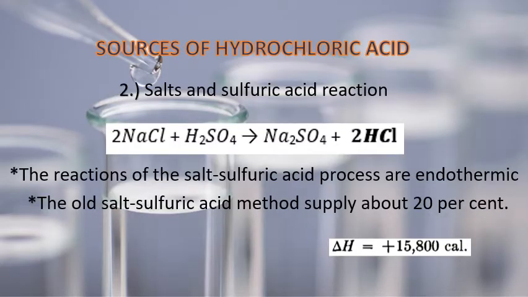Number 2. Salts and sulfuric acid reaction. 2 moles of sodium chloride is reacted with sulfuric acid to produce sodium bisulfate and 2HCl. The reactions of salt-sulfuric acid process are endothermic. Sodium chloride can be obtained from seawater, salt lake, and subsoil water, while sulfuric acid can be obtained by contact